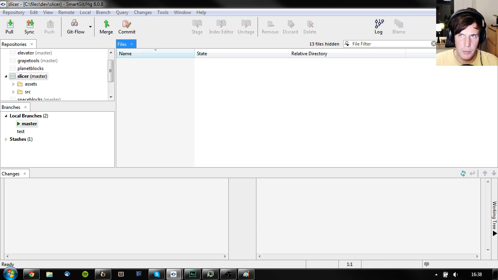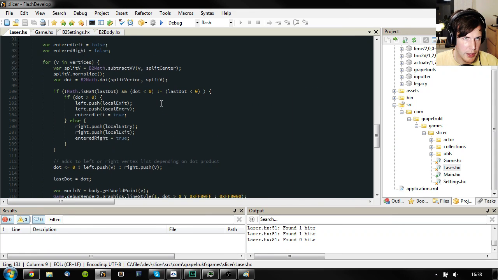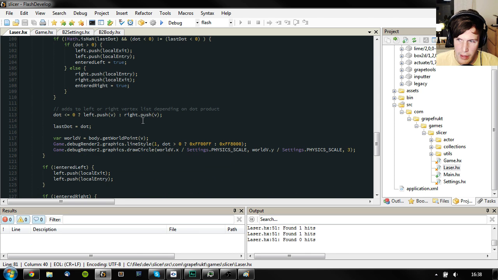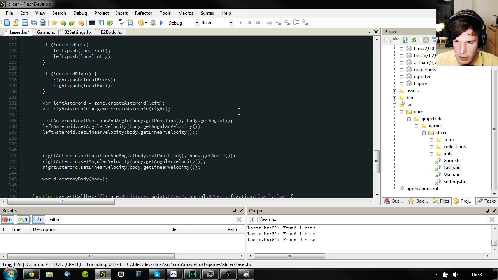So what we're going to do now is use this thing I call split vector or something like that. Yeah, split vector. We have that guy. We can use that because that is the direction of the cut inside of the asteroid. We can use that to apply a force to the pieces that we've made. So I think we're going to leave this as is, and then for the left asteroid,